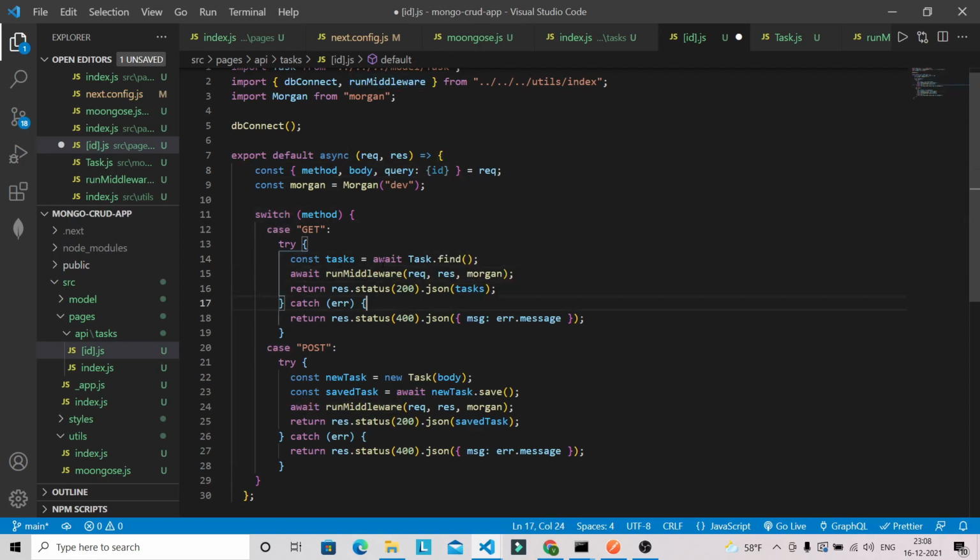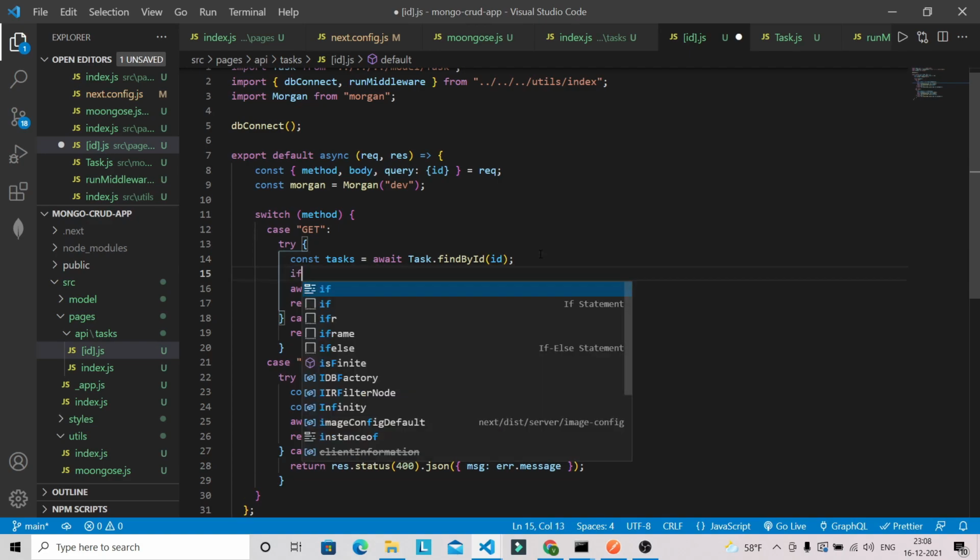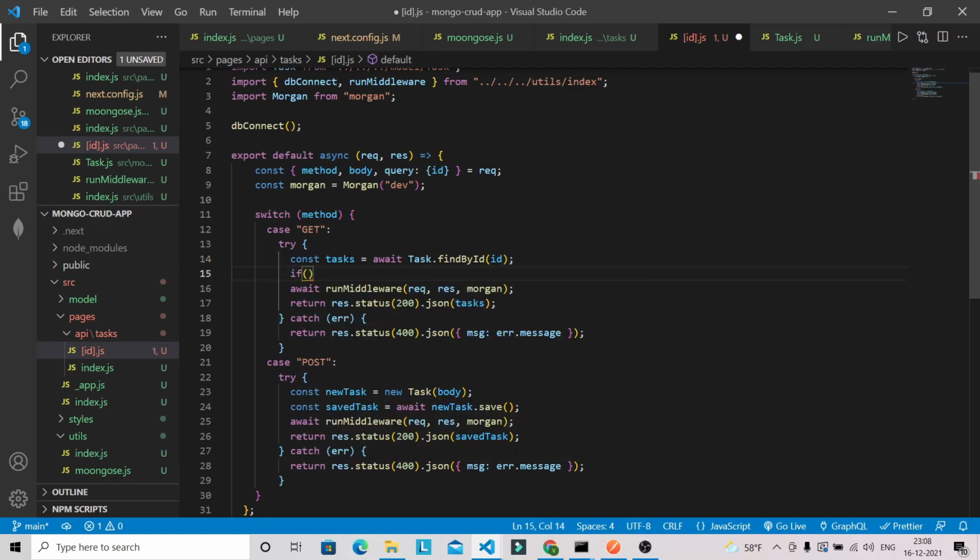And this GET method will be as it is, and now this time we are going to find the single task based on the id. Okay, so here we can provide the id and we can check here, and this will be the task. Okay, single task.